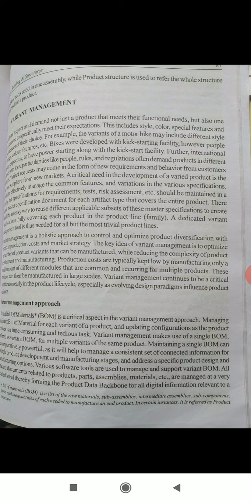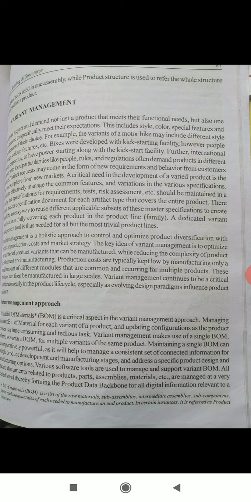markets. A critical need in the development of varied product is the ability to effectively manage the common features and variations in the various specifications. Ideally, the specifications for requirements, tests, and risk assessment, etc., should be maintained in a single master specification document for each artifact type that covers the entire product.